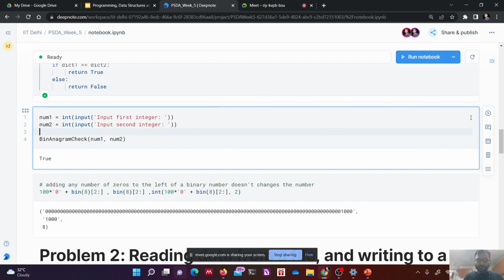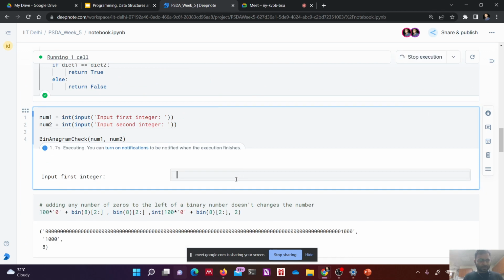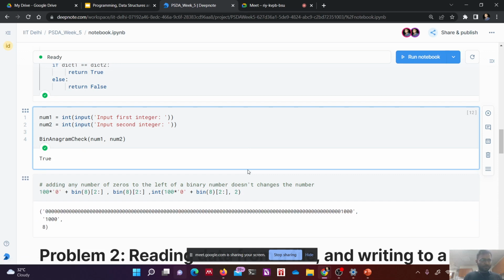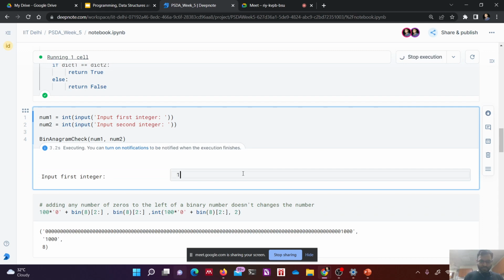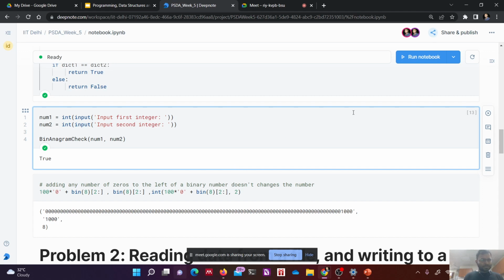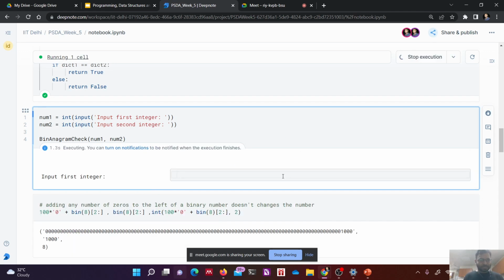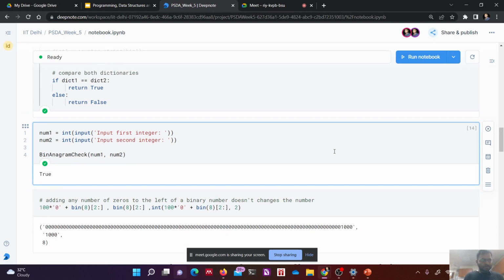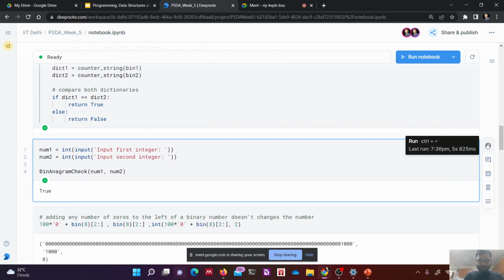So now we are going to supply some numbers. As we have already seen, 4 and 8 are anagrams. So we'll give 4 and 8, and the output comes out to be true. Now you can check other numbers, maybe 16 and 32. I'm choosing numbers that are 2 raised to some power, as you can see. But if I choose numbers like 5 and 10, so 5 multiplied by 2, then we are going to